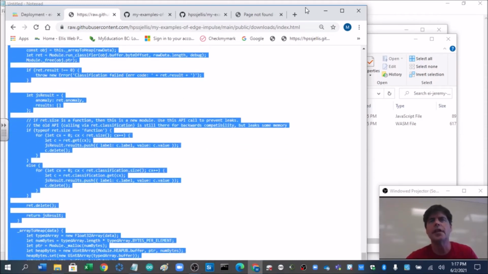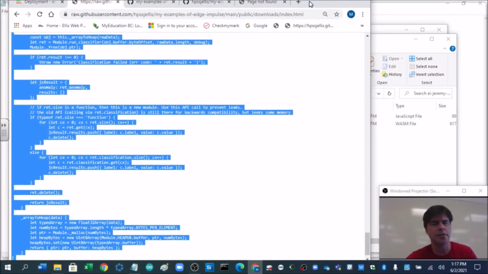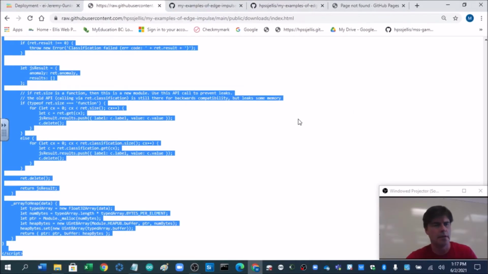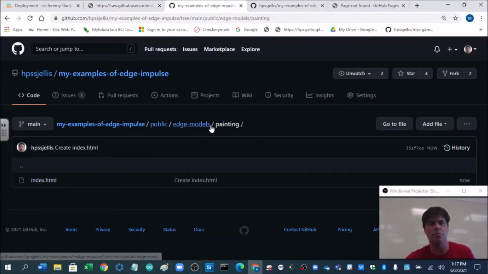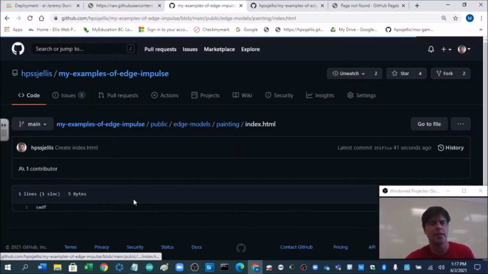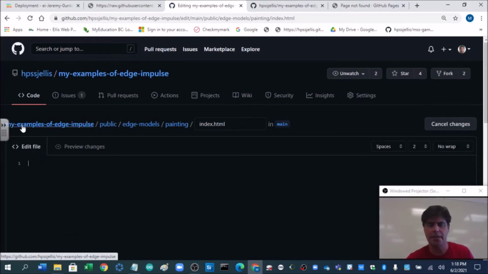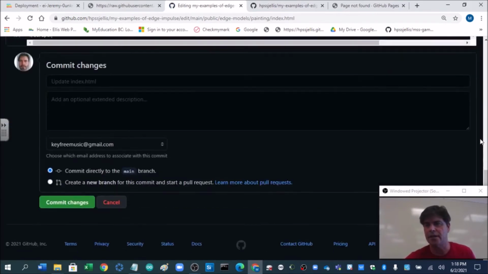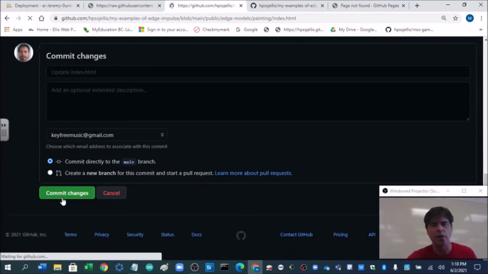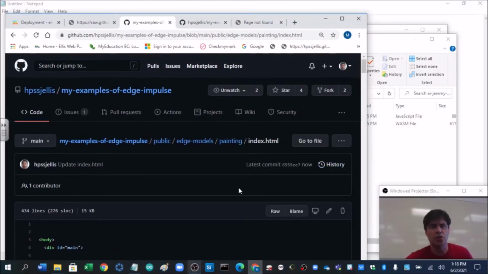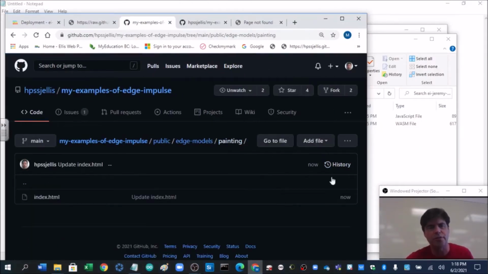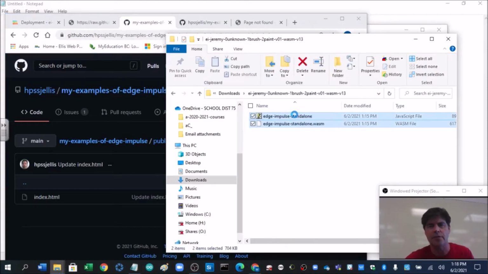I'd better check that it actually made it all the way to the bottom. Looks like it has. So I'm copying that, going to my painting index.html, editing it, and pasting that index.html that I've made. Okay, so we now need those two in the exact same folder. I'm on index.html. I want to be on the folder of the repository, and I want to drag these two